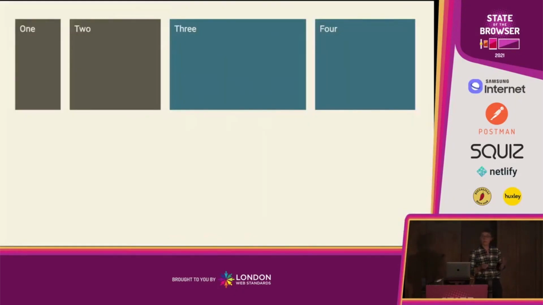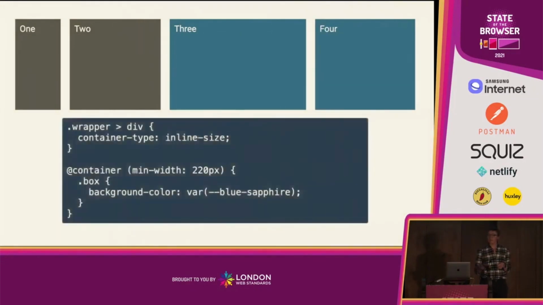So this is a little demo. I've got 3 fixed width grid columns and 1 taking the remaining space. It's 1fr. The reason the last 2 have turned blue is that the third is in a 300 pixel grid track and the fourth uses fr units and resolves to greater than 220 pixels. So we're just checking and using container queries there to change the color as a little test. But if we look at the example I was showing you before,